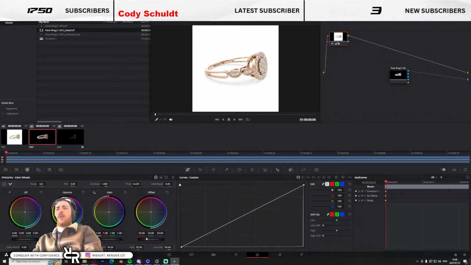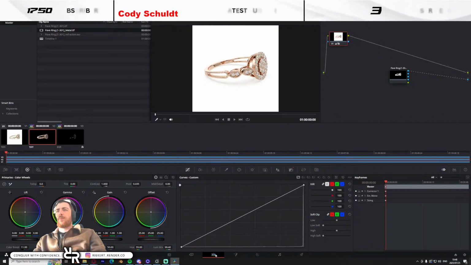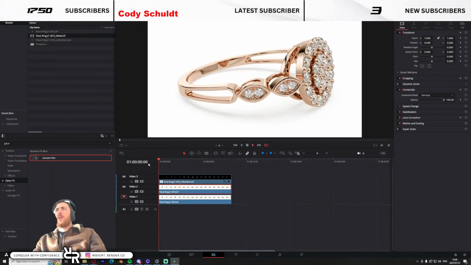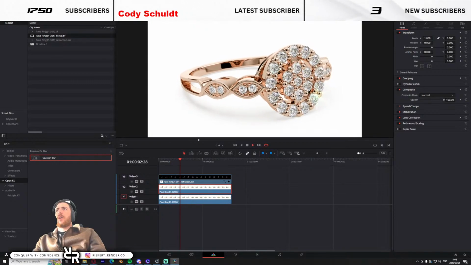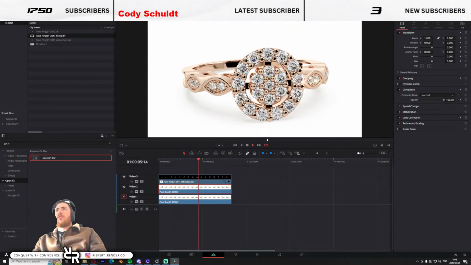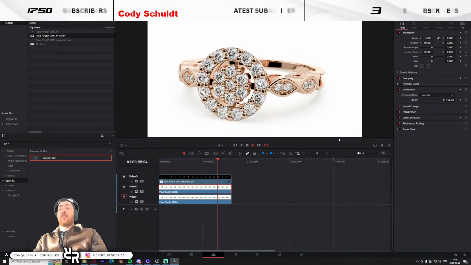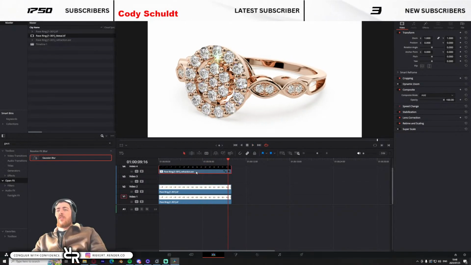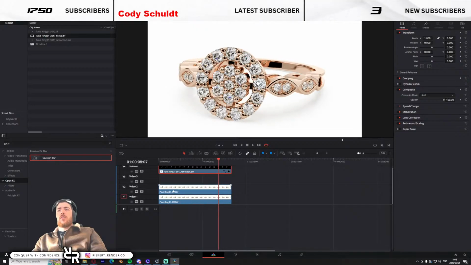And let's say we want the shadows to be a bit darker. And maybe a very slight color boost. And we then have that there. However, the gems might still have the yellow from the yellow gold it was rendered in. So if that happens, then we have to go in and let me just call this metal and go to